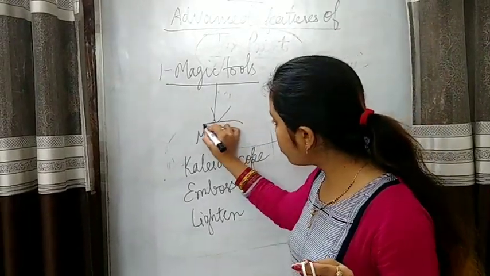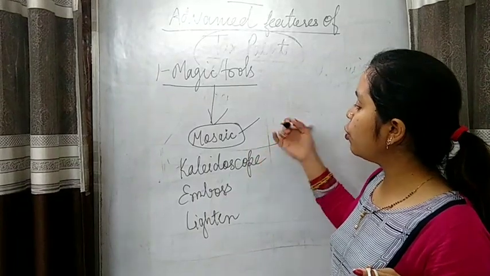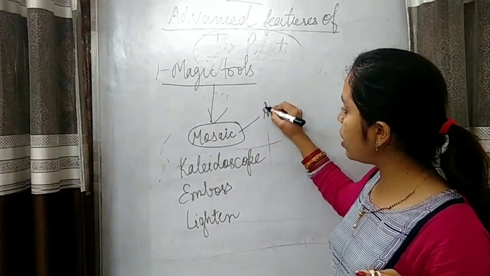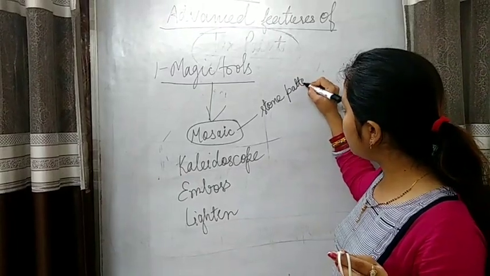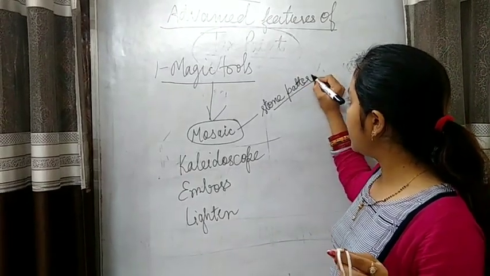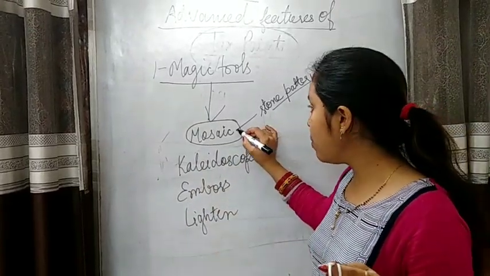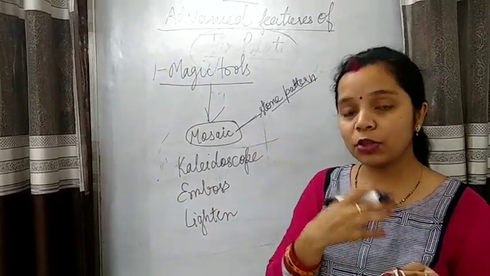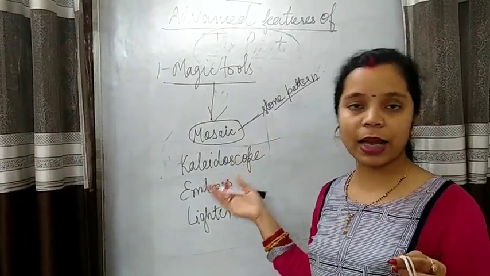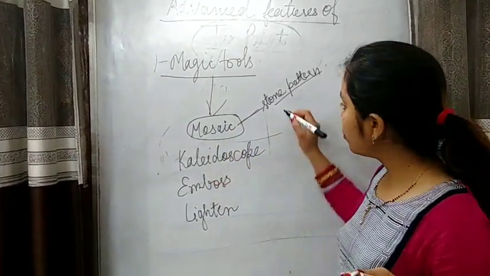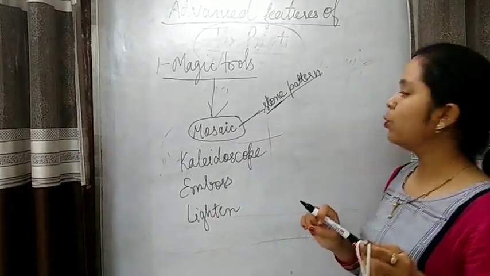Now what is the mosaic tool? When you apply this effect, you will see a stone-like pattern in your drawing. Whatever you have drawn, if you want a stone-like pattern in your drawing, for that we use the mosaic effect. This I will show you just now on the laptop. First you see what that effect is, then I will show you. So if you want to apply a stone-like pattern, that is the mosaic effect.